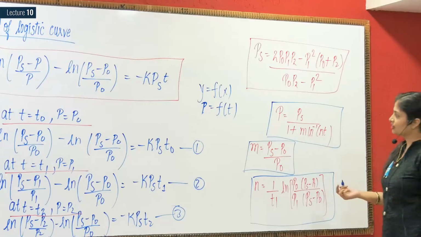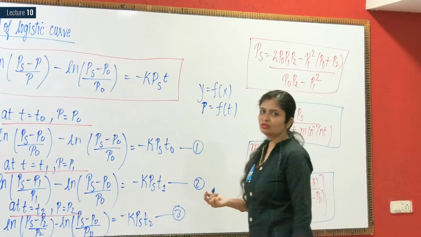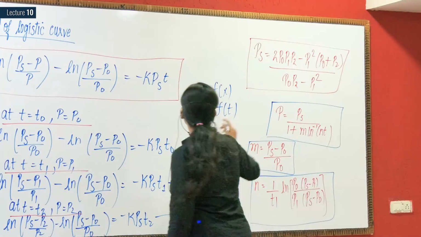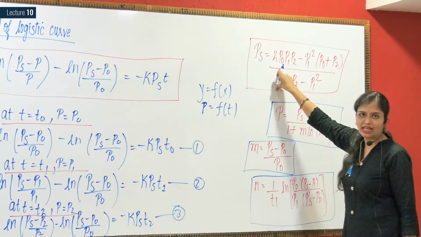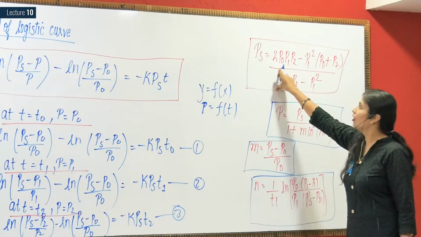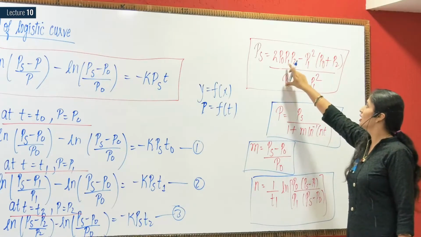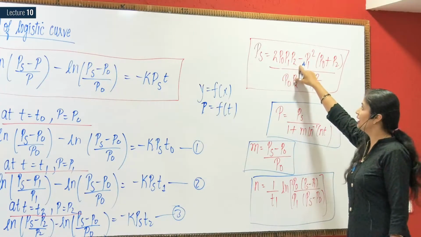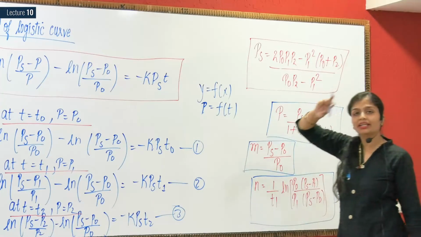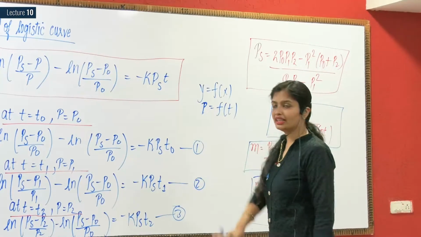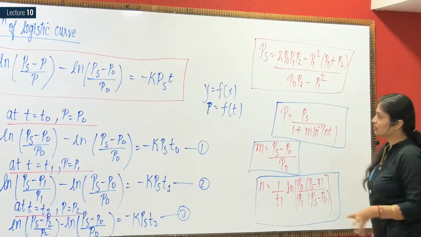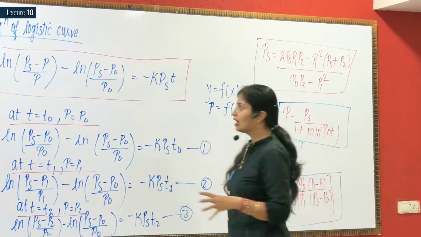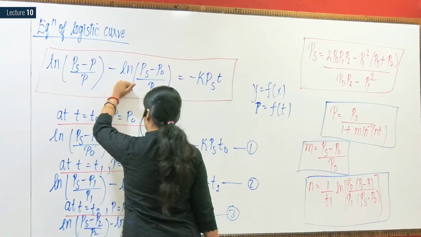Fine. So first of all you have to calculate the saturation population, I have already told you. P0 is the population corresponding to time t is equal to 0, or basically time t is equal to T0. P1 at time T1, P2 at time T2, and provided T2 is twice of T1. Fine. So in this case only you will be able to apply this. So these four things, mark it in block, and this is the equation of logistic curve.